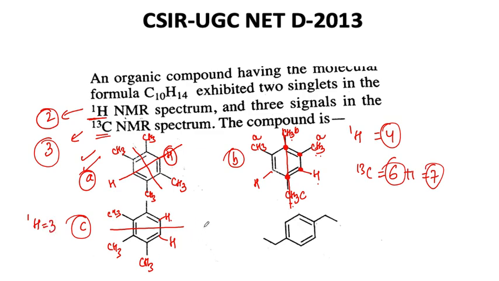Yes, alright. But if we are talking about the C13 carbon signals, it's going to be 1, 2, 3, the 4th methyl, the 5th methyl, right? So 5 signals for the C13 carbons. Okay, let's talk about option D.